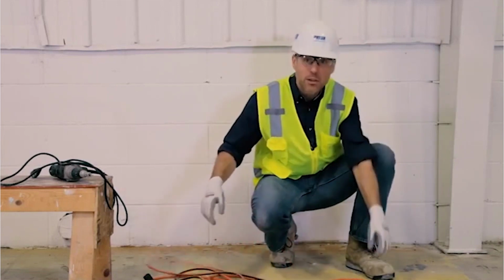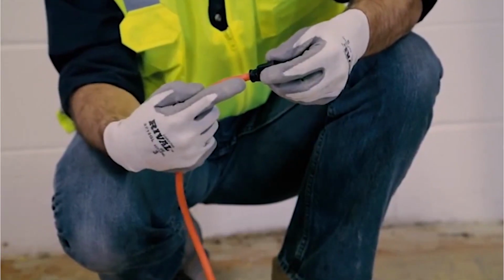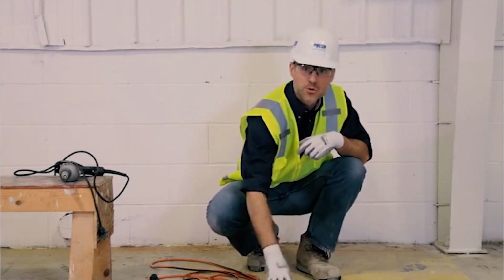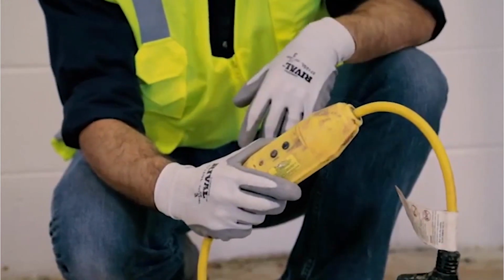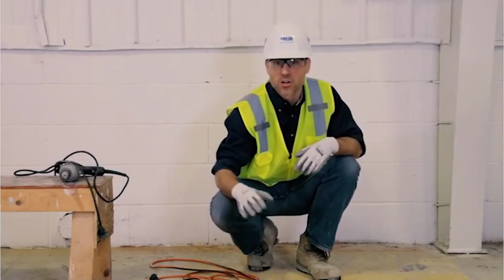Also, check around the plug itself. A lot of times they'll wear right at the point where the plug joins the cord. Don't modify cords or use them incorrectly. And always use GFCIs on all 120 volt single phase 15 and 20 amp receptacles in temporary circuits. Once you're confident all the cords are all good to go,